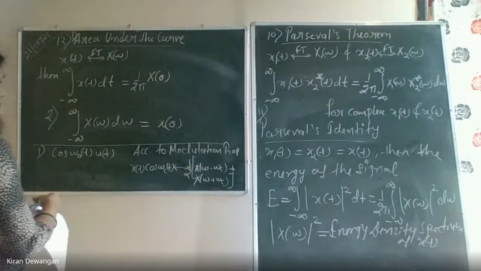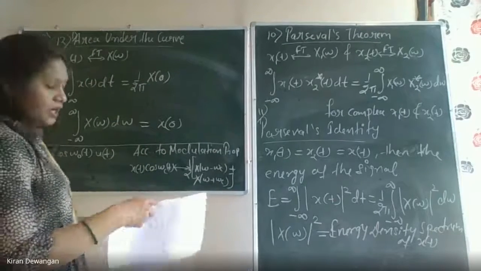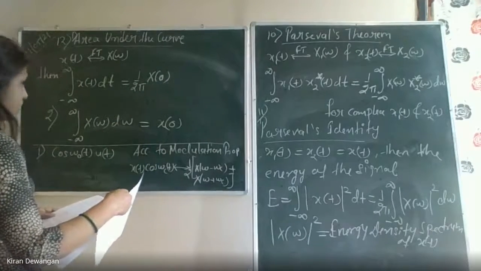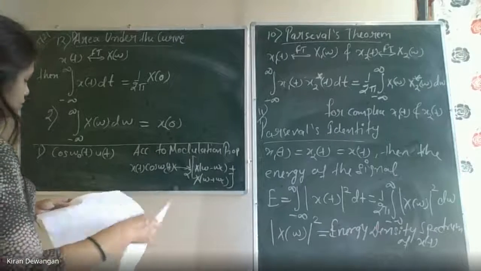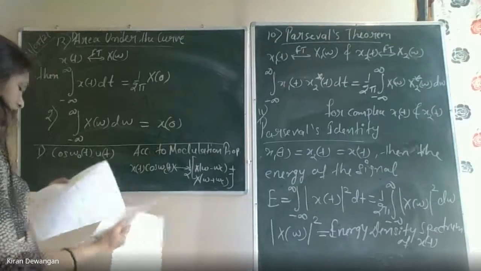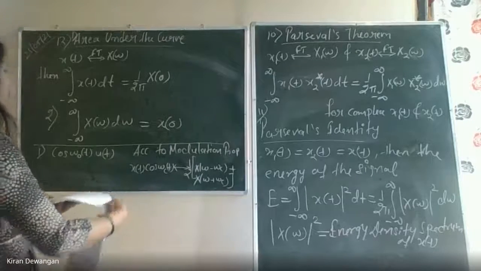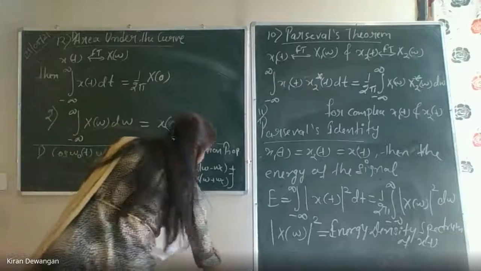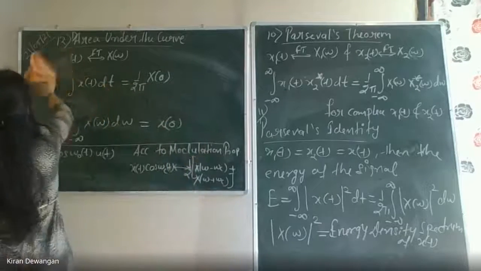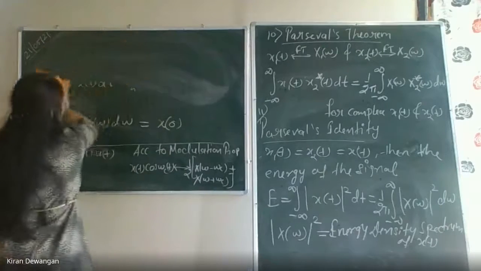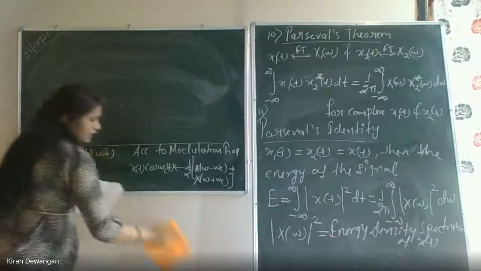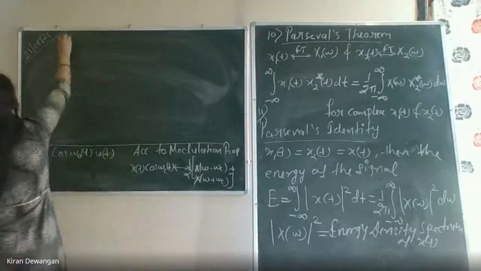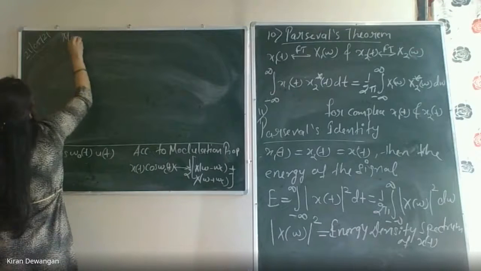Because I don't remember whether we did it or not. I'm just asking you about the modulation property. No, we just skipped that property, I guess. Yes, we skipped that property. Okay, let's go. We have 2-3 properties to do. Let me just explain that property also. This was the modulation property. Okay? Now, one was the modulation property.